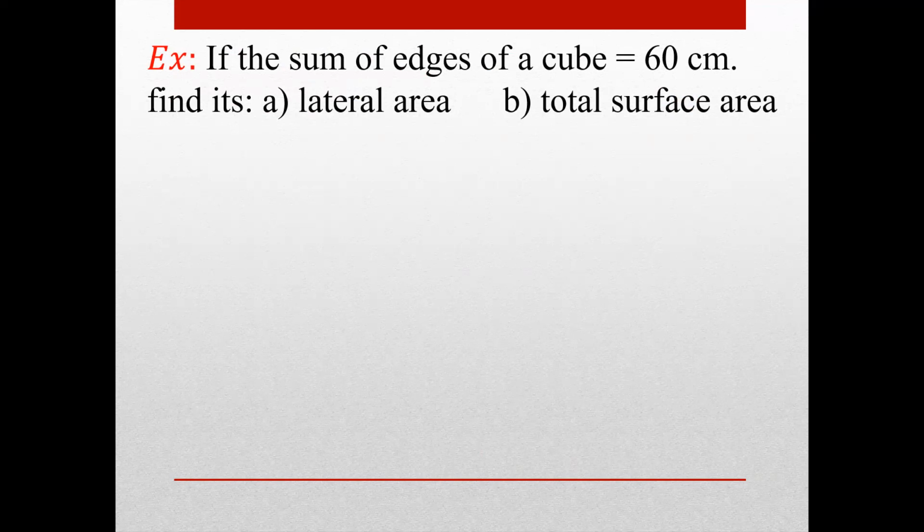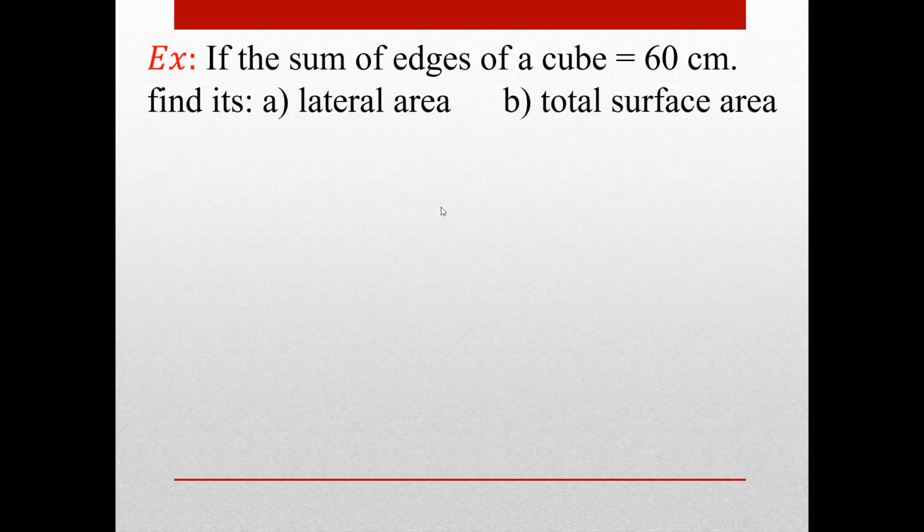I want to know the edge. One edge equals 60 divided by 12, which equals 5. So the length equals 5. If I have the length, I can find the lateral surface area, total surface area, and volume also. Here I want to know the lateral surface area first, equal to 4L squared. I make 4 times 5 squared equal